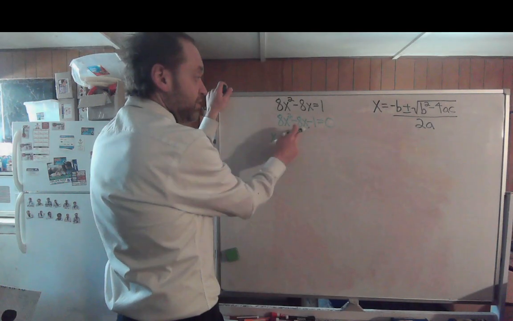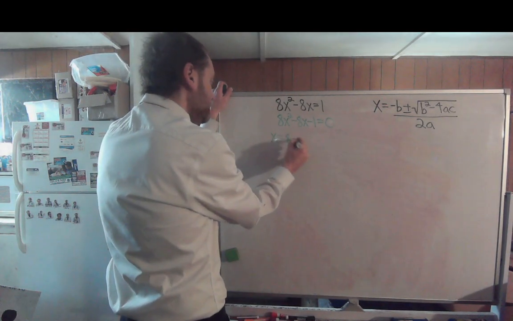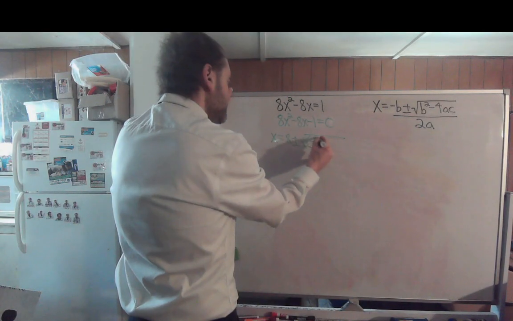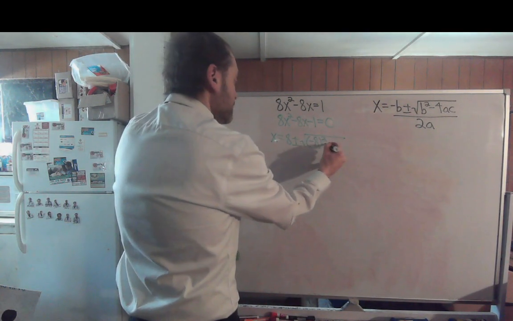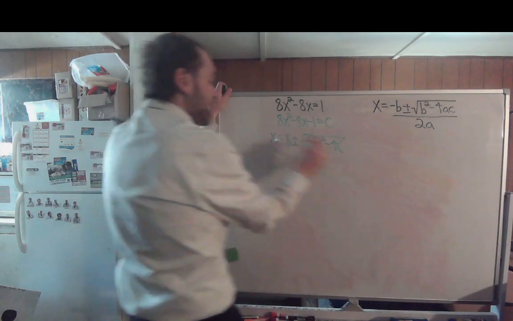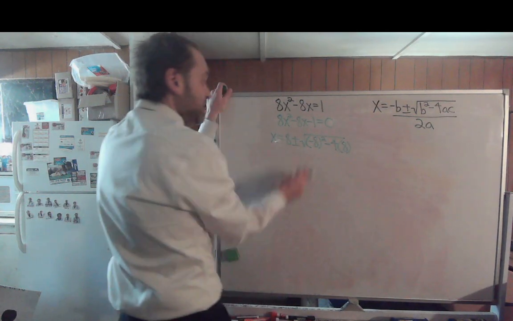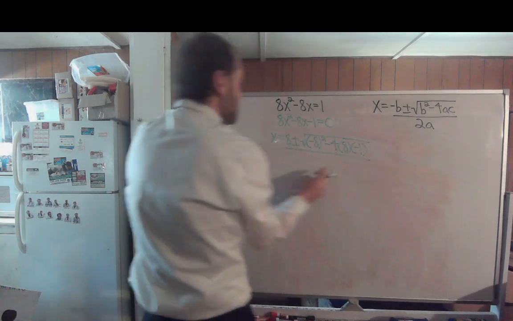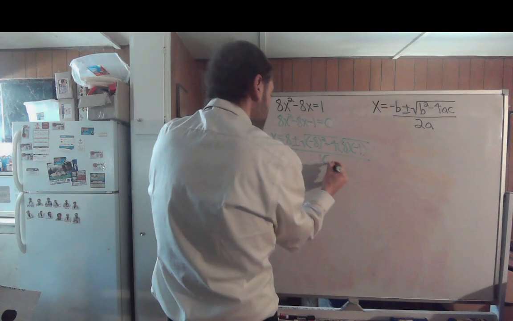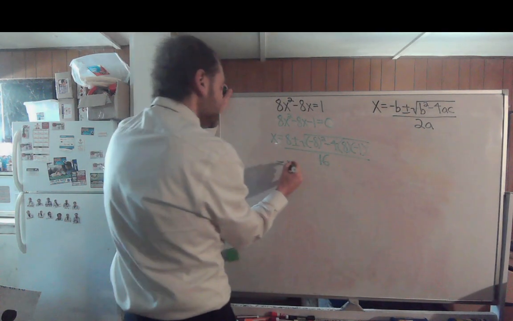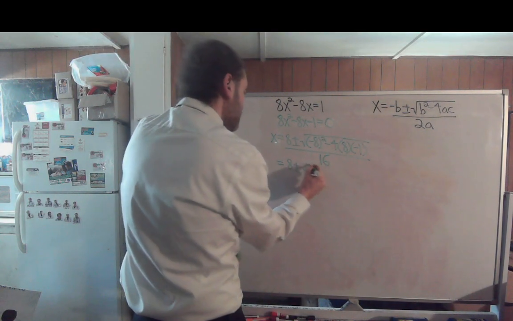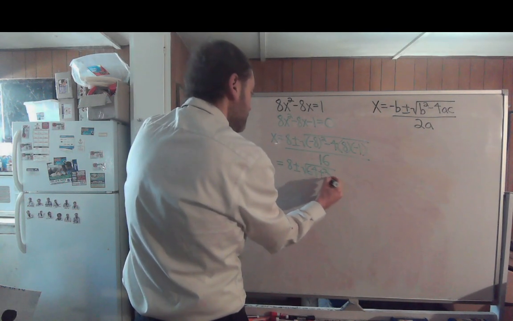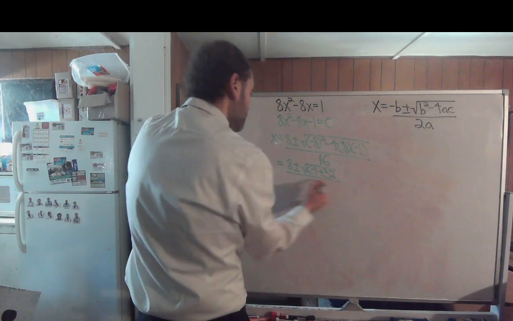X will equal the negative of b, so negative negative 8 would be positive 8, plus and minus the square root of your b squared, that'd be negative 8 to the second power, minus 4 times your a of 8 times your c of negative 1, all over 2 times your a of 8, which would be 16. So that's going to equal 8 plus and minus the square root of, let's see, 64 plus 32 all over 16,